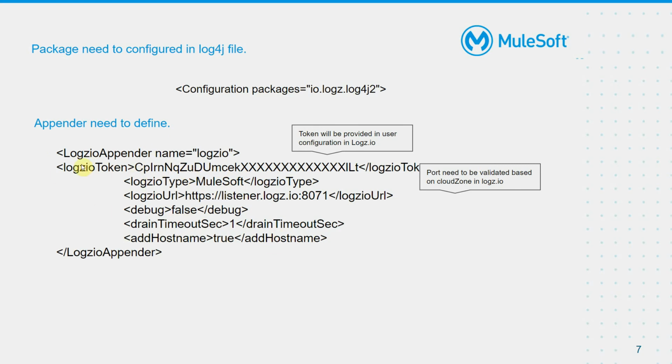For configuration and token, we define it here; we receive the token when creating the account in logz.io. The log type is MuleSoft, and apart from that there is the URL where we publish the logs.